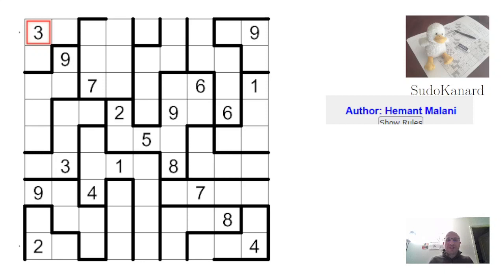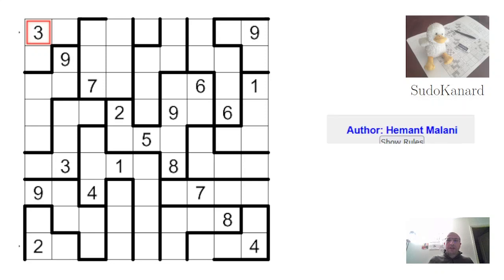We're here to solve this Toroidal Sudoku created by Indian author Hemant Malani. It was featured in the first round of Sudoku Mahabharat in 2024. This is the 21st century actually. And I did not attempt it during the contest because I was afraid and well, it didn't go that well for me anyway. So what is so special about this Sudoku is that the regions are not only